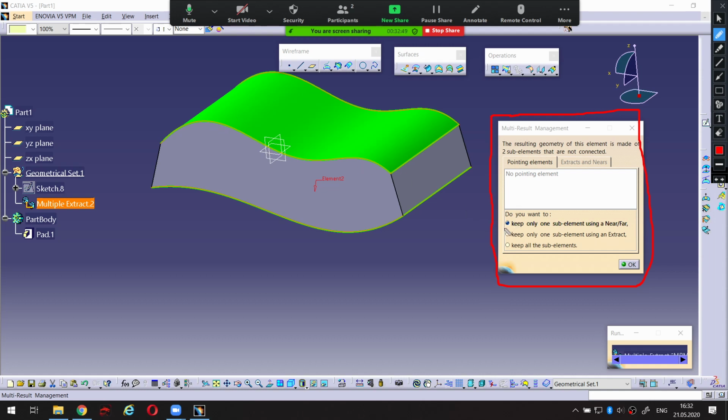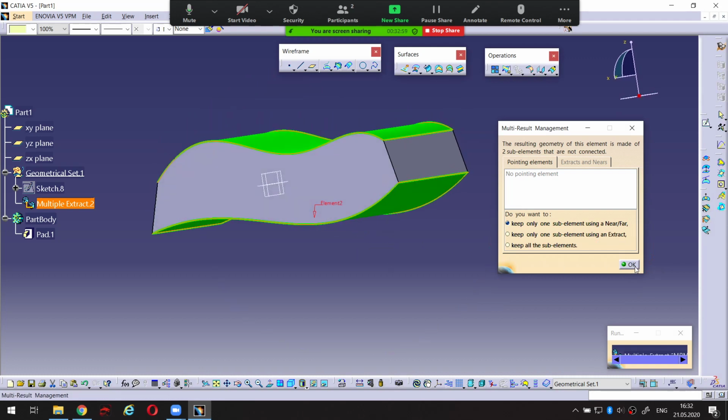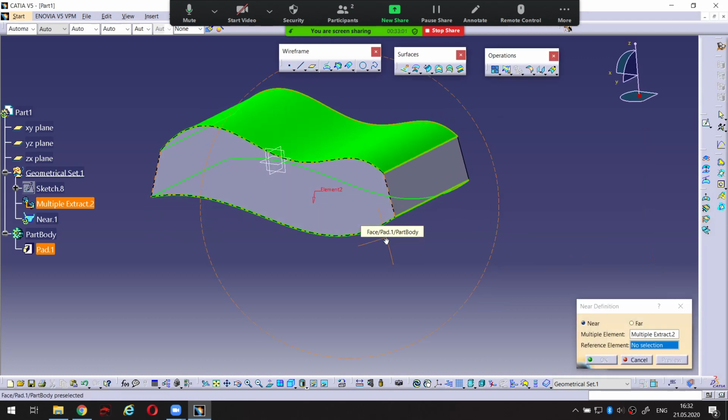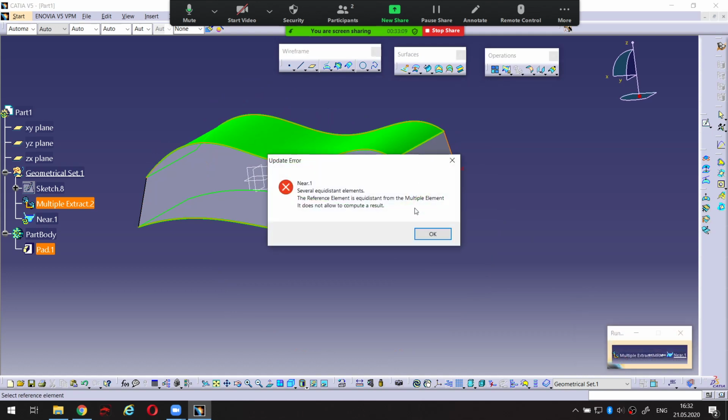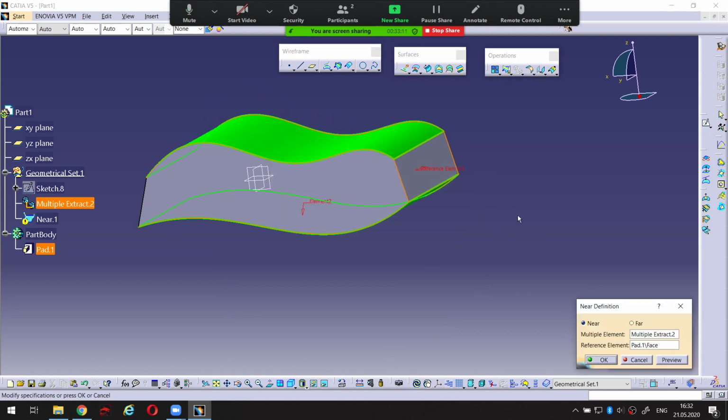The first option, which is by default, keeps only one sub-element using a near far. Okay, let's click on OK and see what happens. And here I should select also a reference element. As a reference element, I'm going to select this surface, or maybe this one,